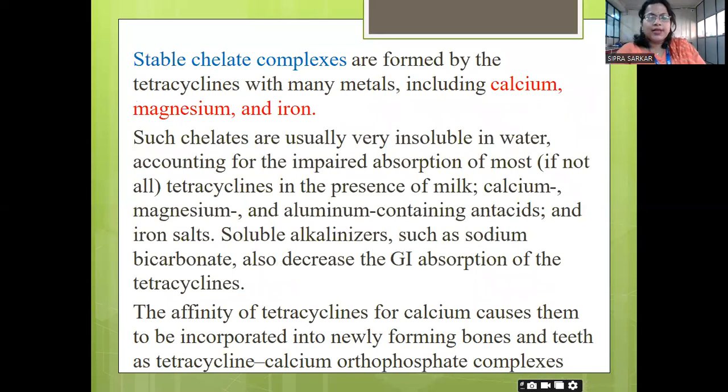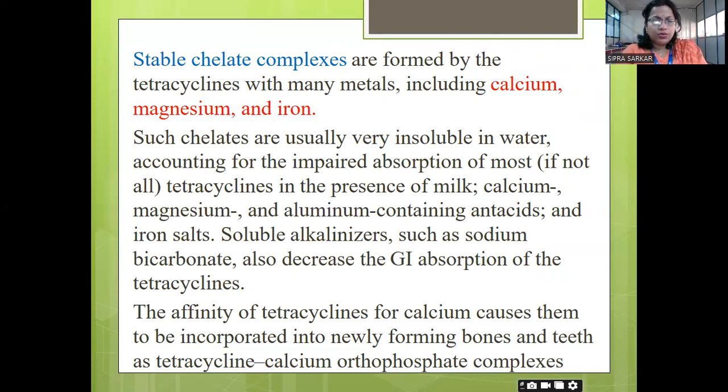So as a result, chelate complexes are formed by the tetracycline with many metals, including calcium, magnesium, and iron. Such chelates are usually very insoluble in water, accounting for the impaired absorption of most, if not all, tetracyclines in the presence of milk, calcium, magnesium, and aluminum containing antacids and iron salts. So soluble alkalizers such as sodium bicarbonate also decrease the GI absorption of the tetracycline. If sodium bicarbonate reacts with the compound and a salt is formed,